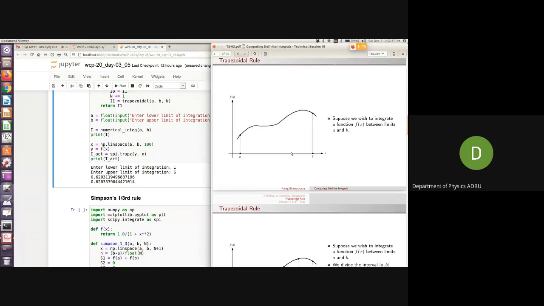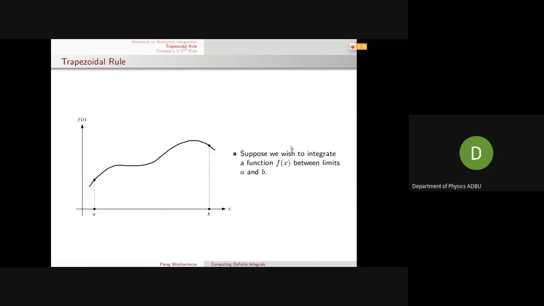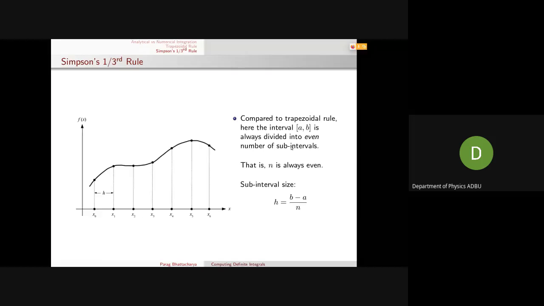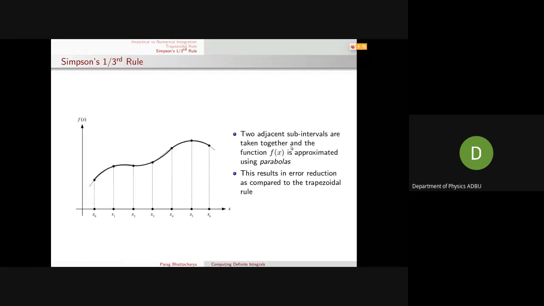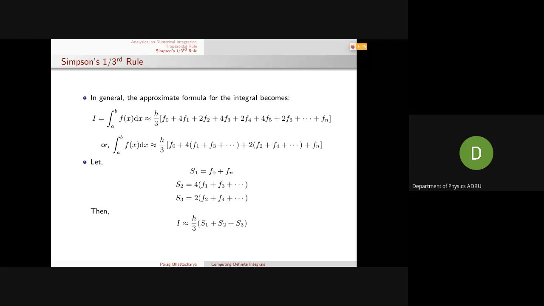Next, we have the Simpson's 1/3 rule. I'll quickly go through this. In Simpson's 1/3 rule, you have to have an even number of divisions. Here, it is h by 3 into s1 plus s2 plus s3. s1 is the first and the last one, add them up together. Then you add up all the